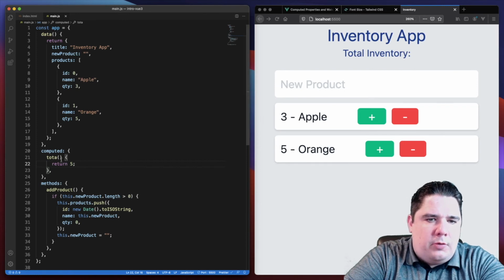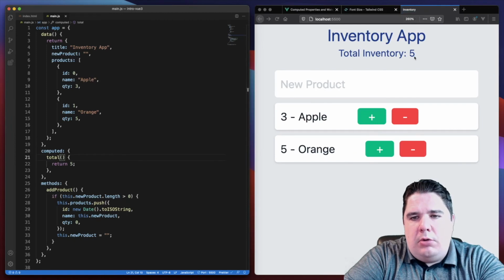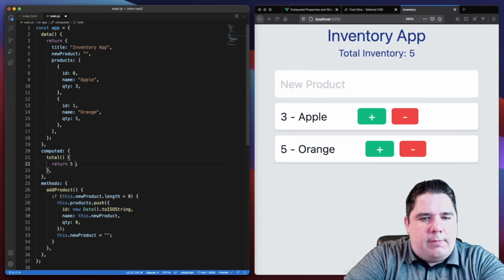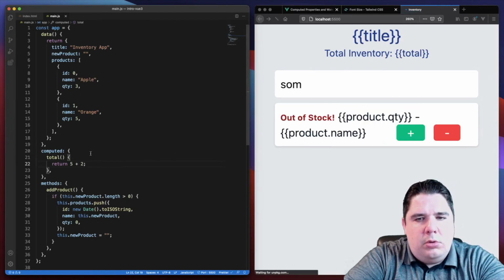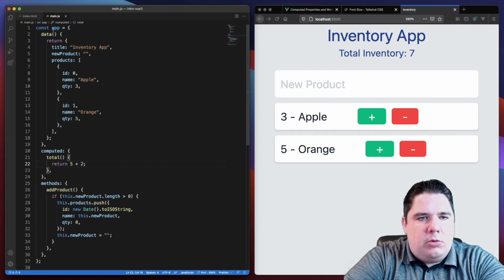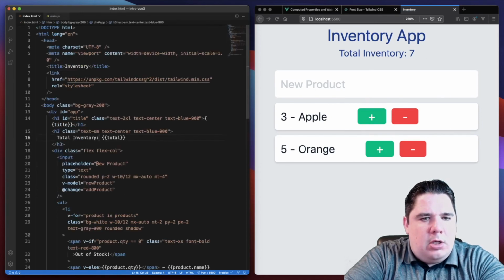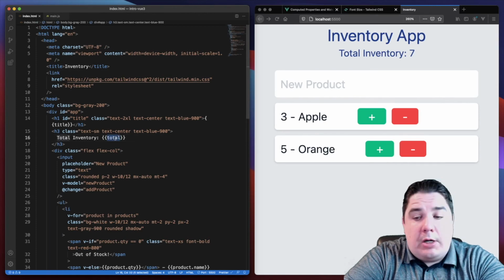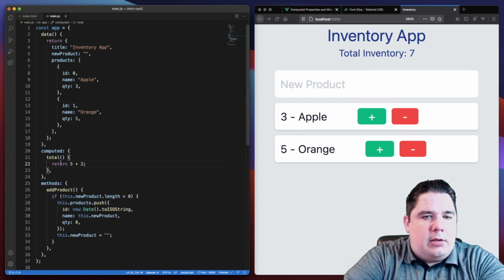Here, of course, we need to add that. It's just 5. If we add 5 plus 2, it's going to be 7. It's a simple mathematical function. And we are tying that right here, the variable total. But in reality, it's a computed element. So now what I want to do,